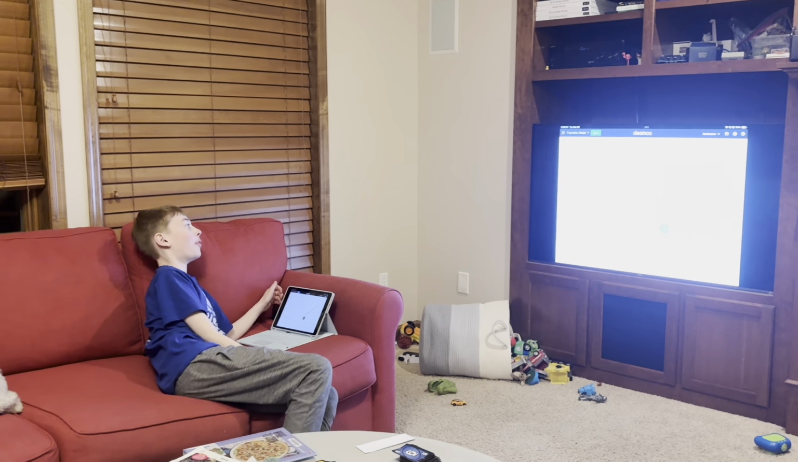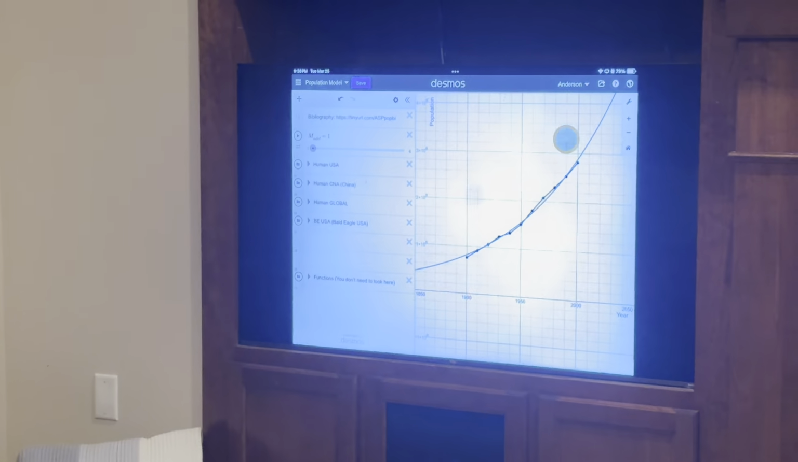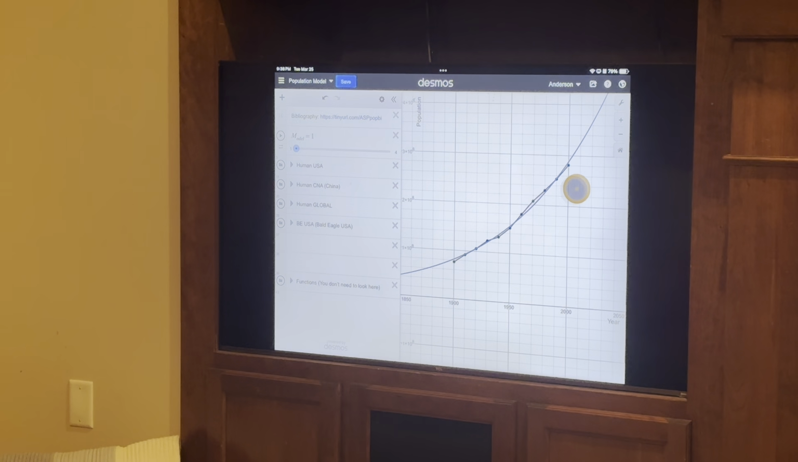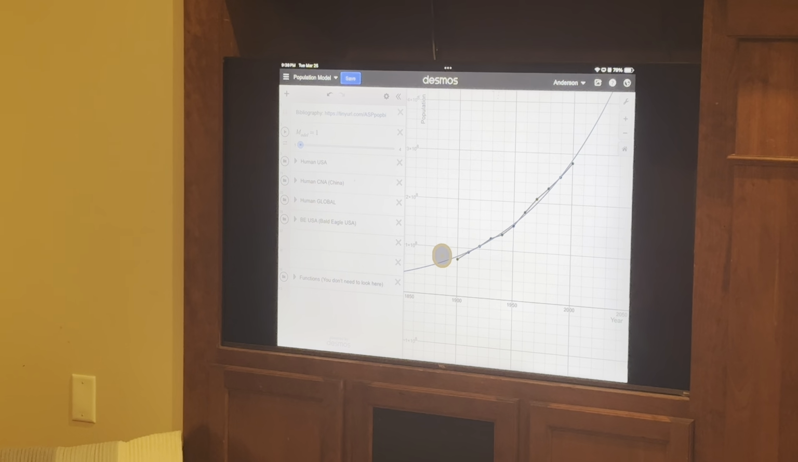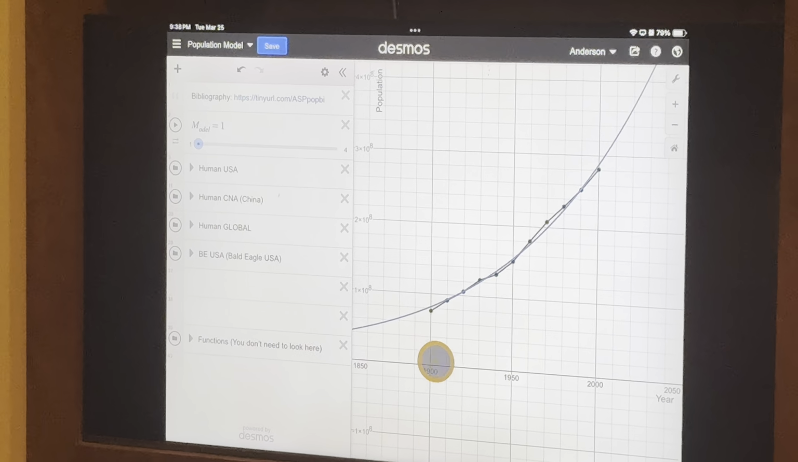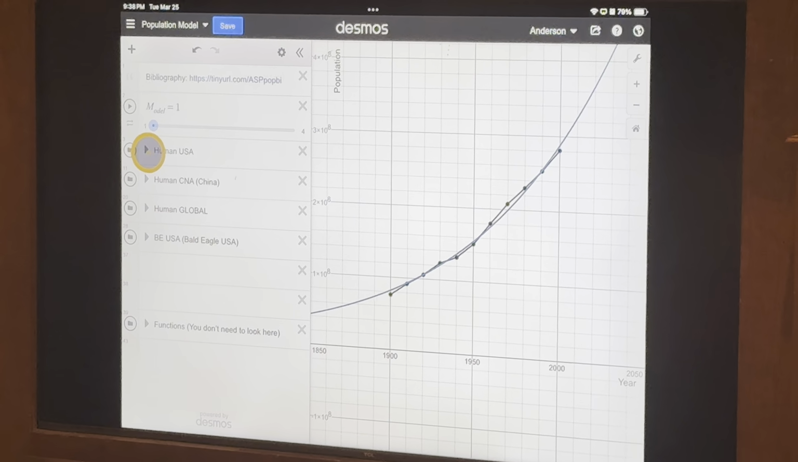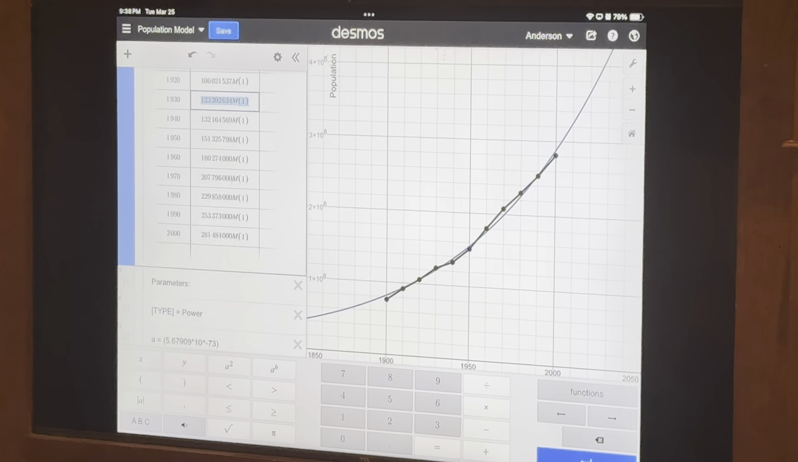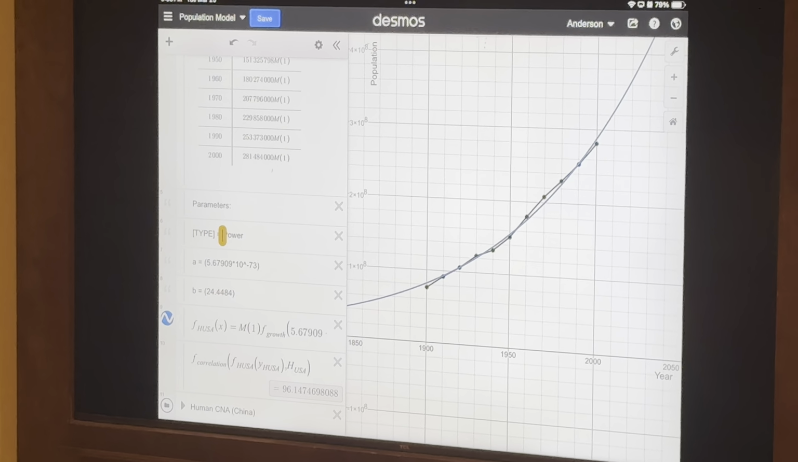I made a graph of 4 different versions of populations, 3 of them being human population, and then 1 of them being bald eagle. The first one is what you're looking at right now, the USA population from 1900 to 2000, every 10 years. If we open it up, it's a power type of,